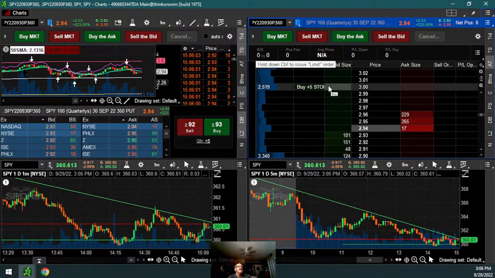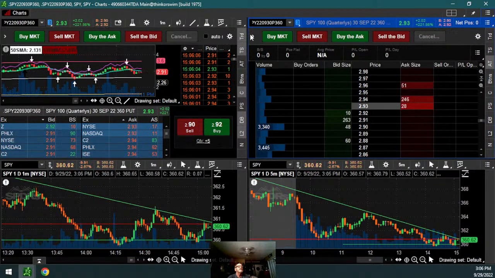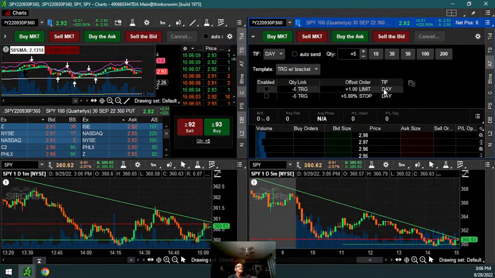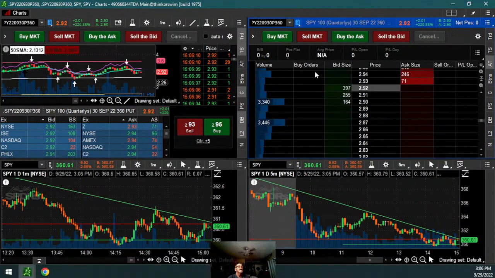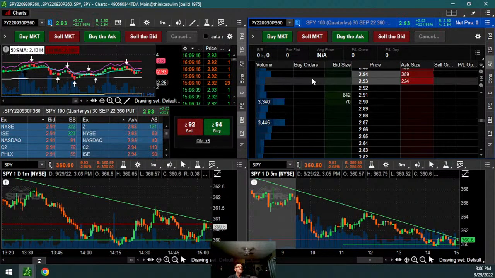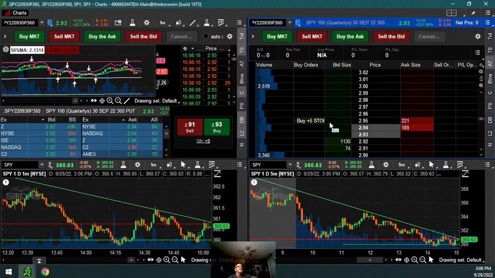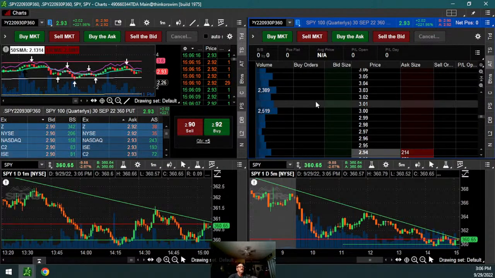If I buy, it's got a stop loss in it too. You see the stop loss came up, so that means I don't. Well, it's off. It shows no stop loss here. They're unchecked. I don't know why it says with stop. It says with limit. So if I put a limit higher at $2.94, and right now we're at $2.94. If I go and put this at $3, if it goes up to 3, because then it probably goes to,